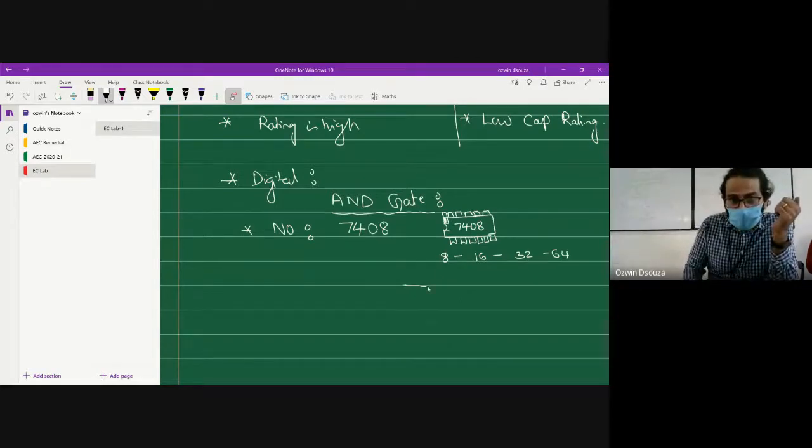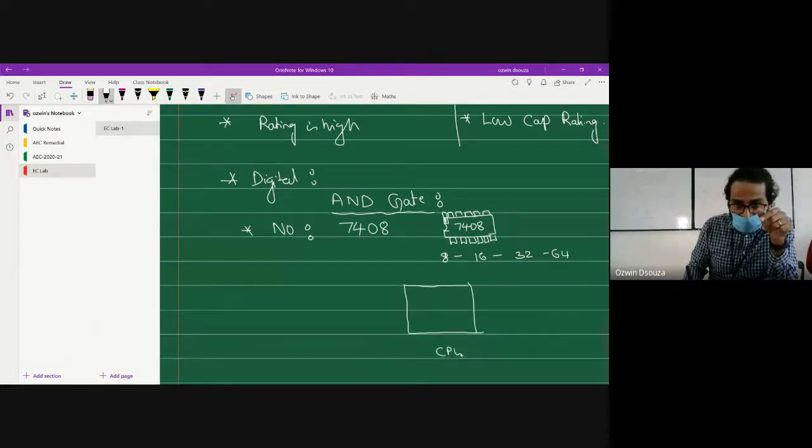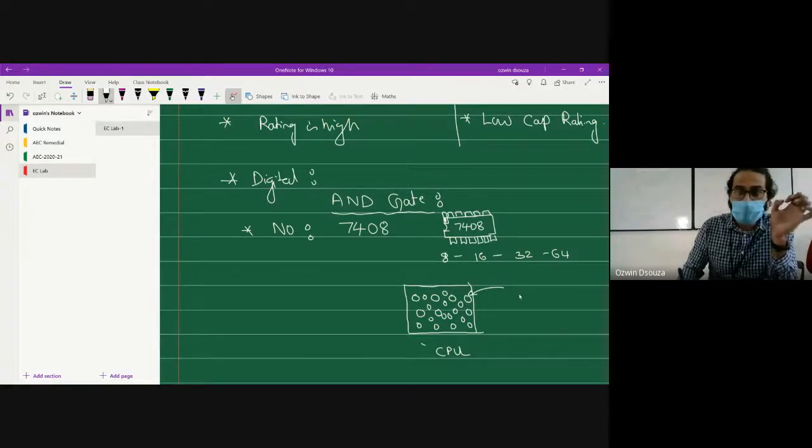Whereas in your computer, you will not find these types of ICs. Especially I'm talking about the CPU. In the CPU, you will not find the legs. What you have is small balls. And do you know what material is used for making these contact points? Can anyone tell me what the contact points of the central processing unit of a computer are made of? The contact material.